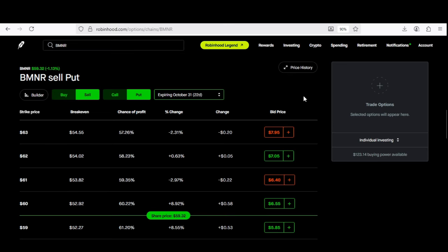Now, this is going to work if you have a small account. And once I show you this option strategy, I'm going to show you another option strategy that can be used if you're trading with a micro account, meaning just a couple $100s. So with my sell and my put and my expiration date of October 31st,